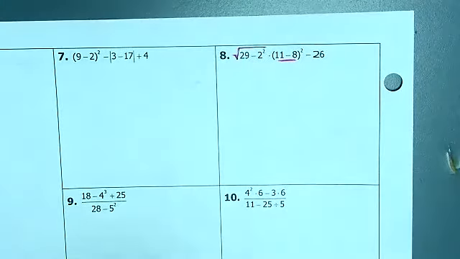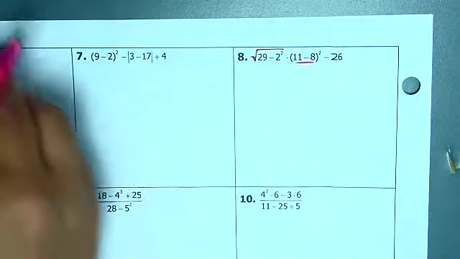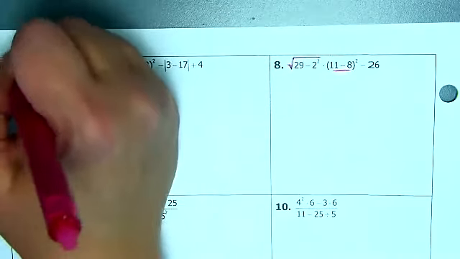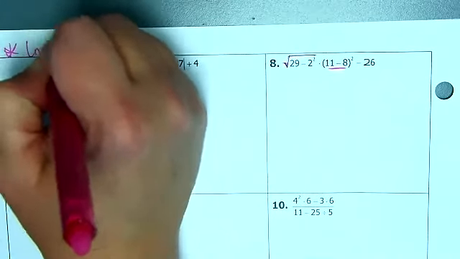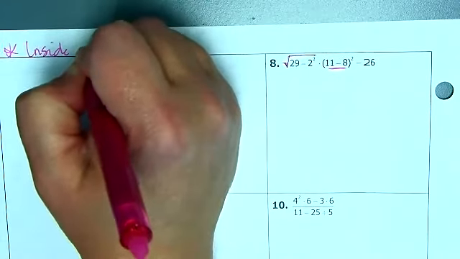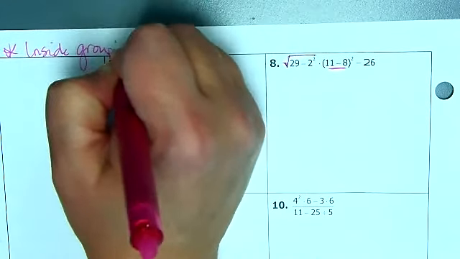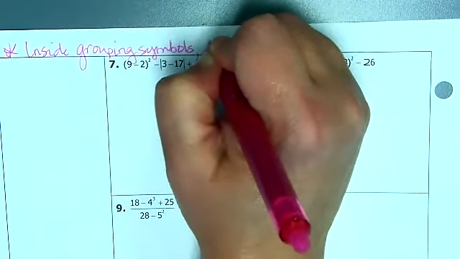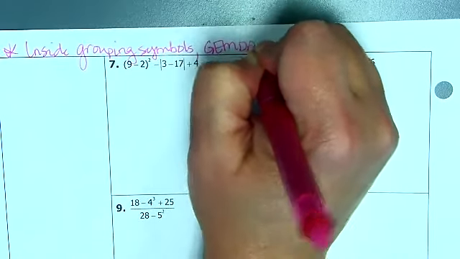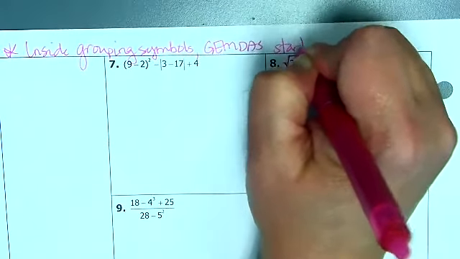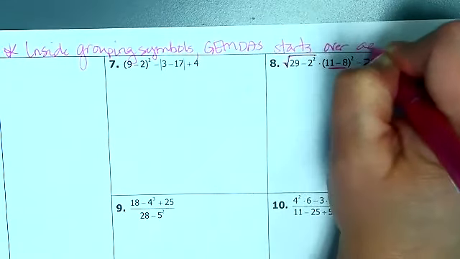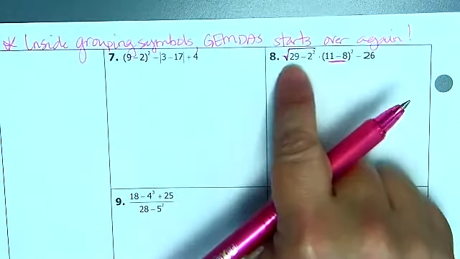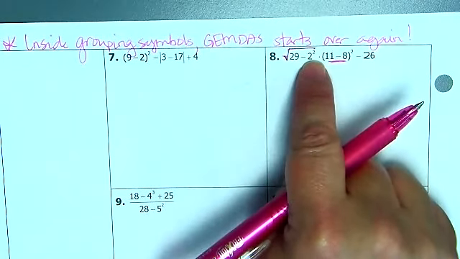Remember, when I'm inside grouping symbols, order of operations starts again. So let's kind of jot that down, okay? Inside grouping symbols, GEMDAS starts over again. Okay, so once I'm inside of here, I look to see, okay, 29 minus 2 squared, there's